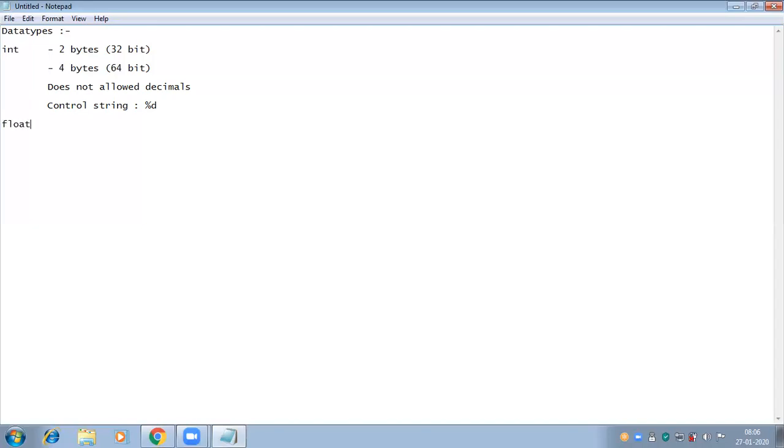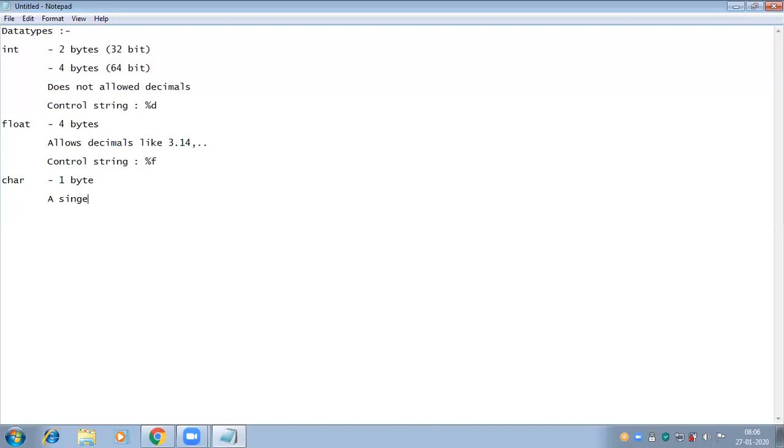The float is a data type. It occupies 4 bytes, and it allows decimals, like 3.14. How I'm representing this float value to the compiler is with the control string %lf. Character data type is 1 byte.